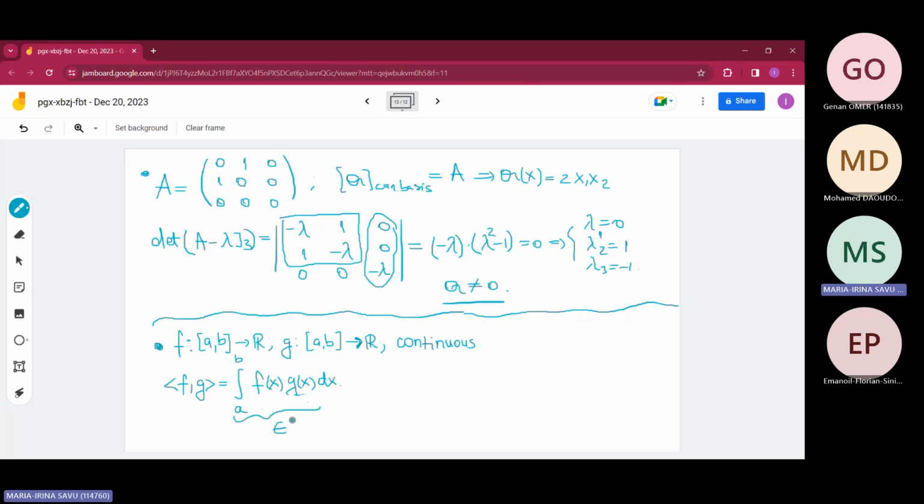This is R only. It means that this product is symmetric. So FG in that product is GF in that product. Also,